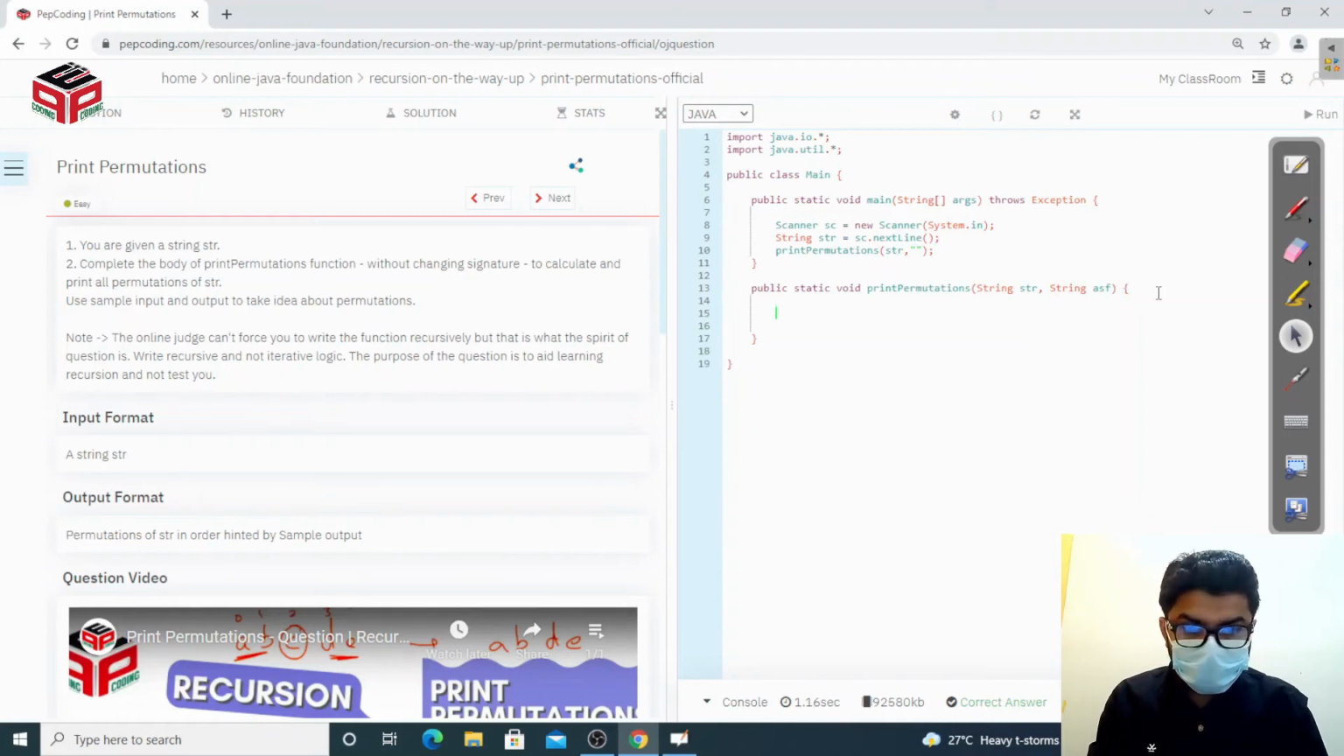Now we'll iterate through the string and choose the characters one by one. I plus plus, and to do that we have to store the characters in a variable. So we'll have ch equals str.charAt(i). So we have stored the character. Now the next thing,